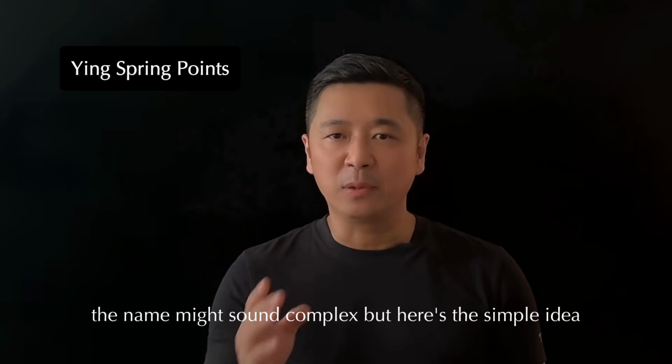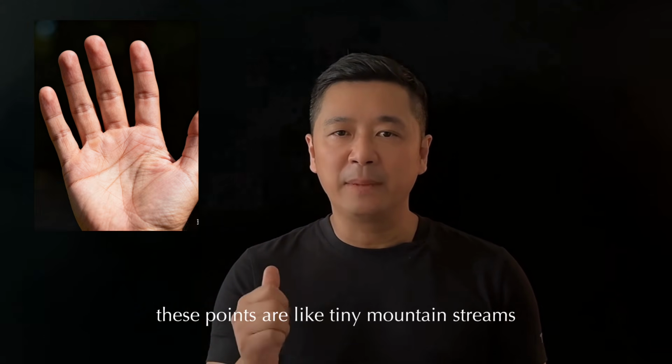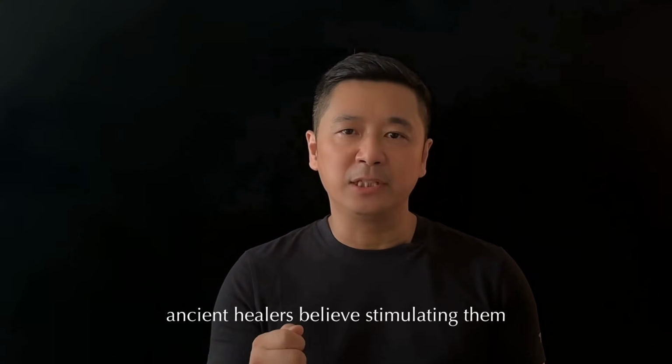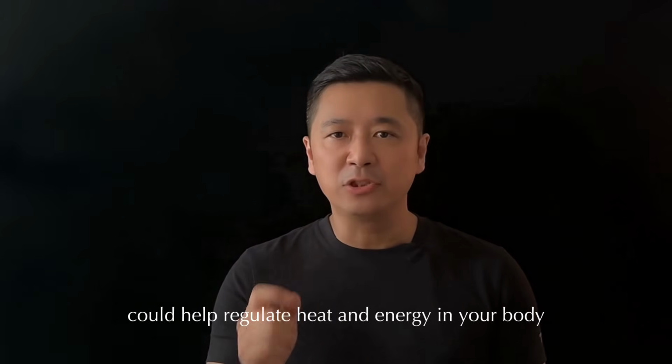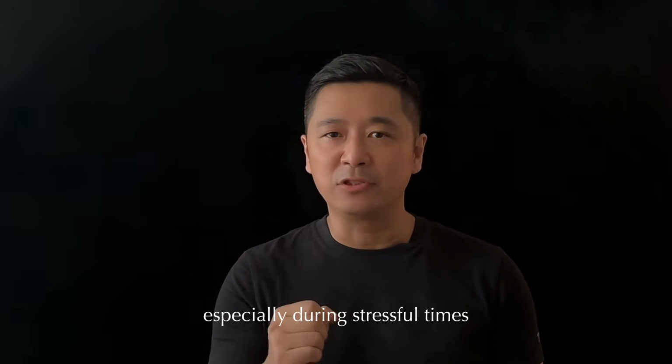Today, we're exploring a special group of acupressure points known as the Ying-Spring Points. The name might sound complex, but here's the simple idea. These points are like tiny mountain streams at your fingertips and toes. Ancient healers believe stimulating them could help regulate heat and energy in your body, supporting balance, especially during stressful times